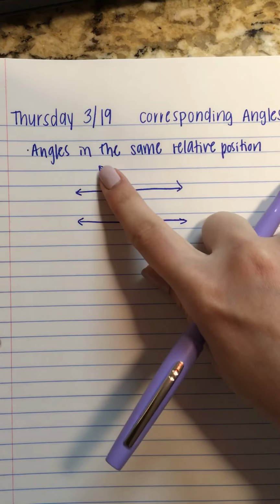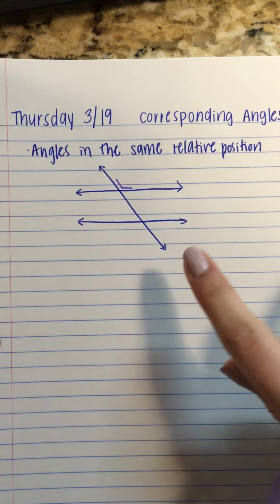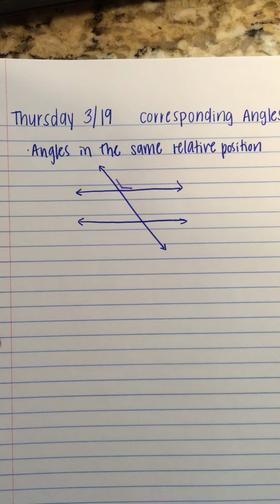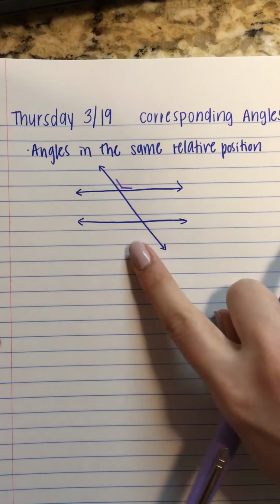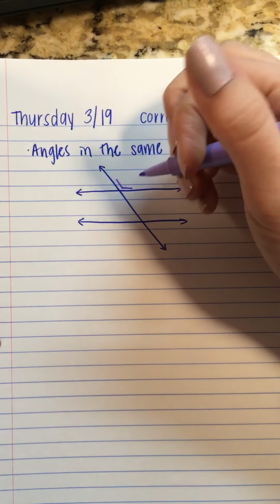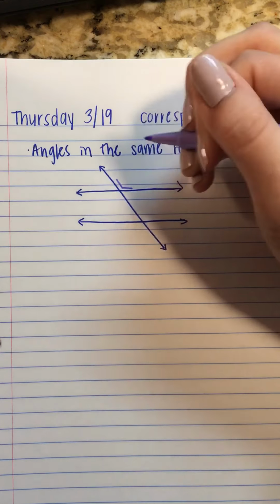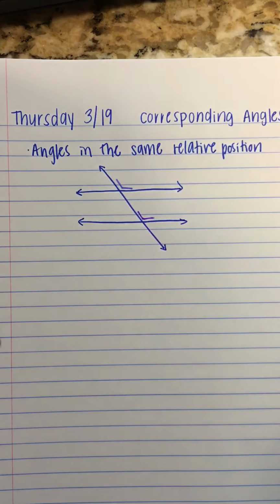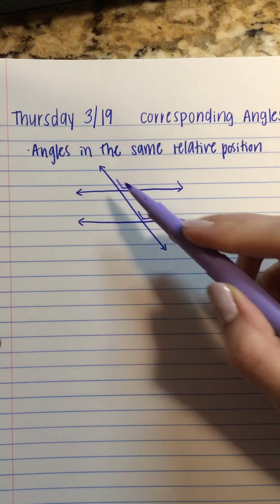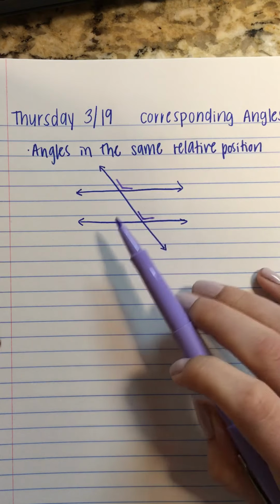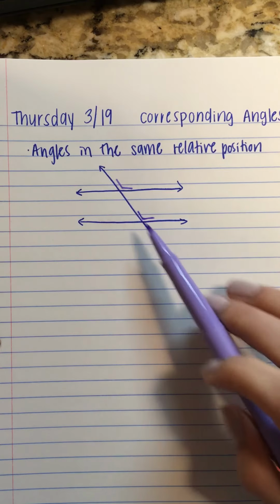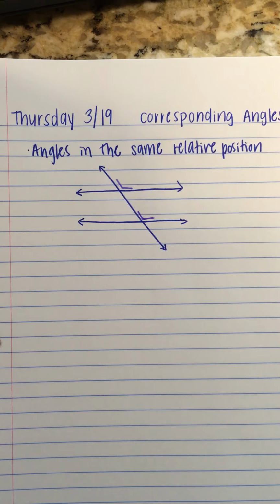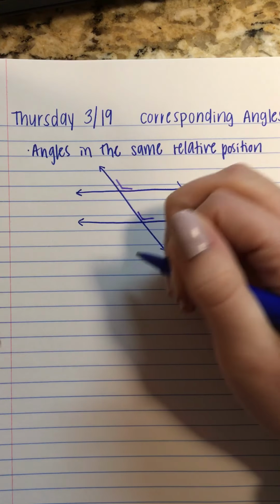So do you see how this angle is on the right of the transversal? So something that would be in the same kind of position would also be on the right. Notice how it lies on top of this parallel line. And so does this one. So you see how these angles look so similar. They're both on the right side of the transversal and they're both kind of on the top of their parallel line. Because of this,